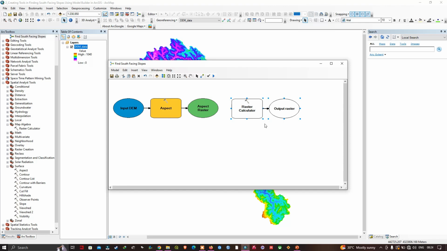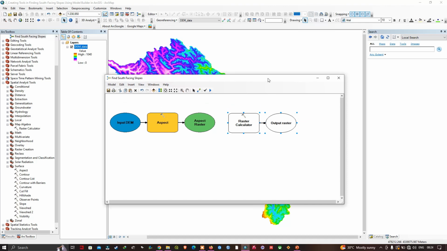And here is some of the power of the model builder. Let me show you that. Here you can see a tool called connect. I can click this tool here, and this is called the connector tool. Using this tool, I can click on the aspect raster here, hold my mouse down and drag, and release it on the raster calculator here,